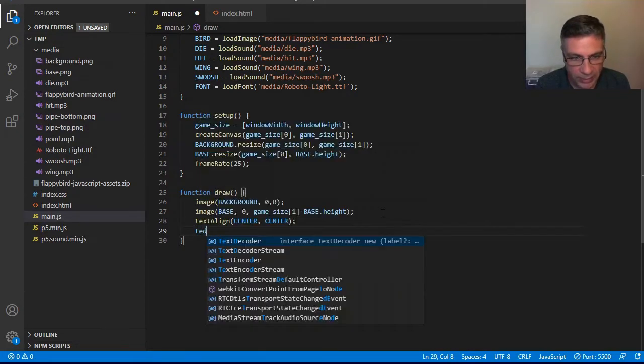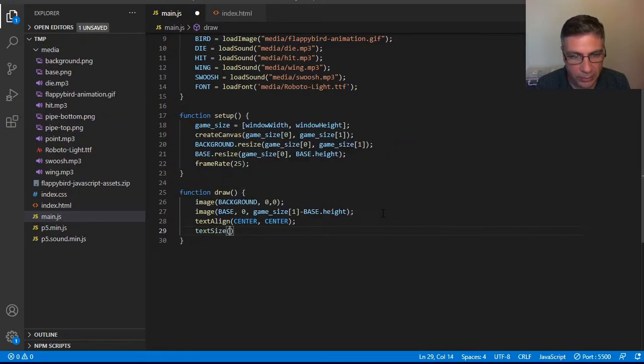I'm going to set the text size to 40 pixels, and use a color of white. I don't know quite why VS Code default text suggestions are annoying me so much, but anyway, the text I'm going to write, let's just have it say Flappy Bird,